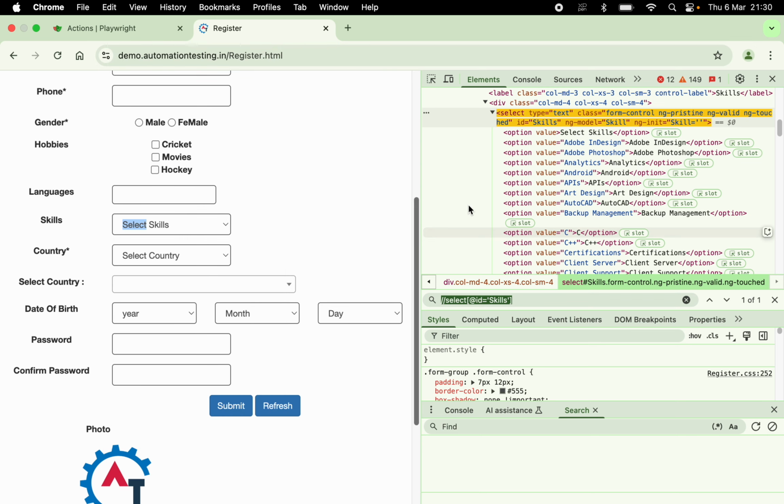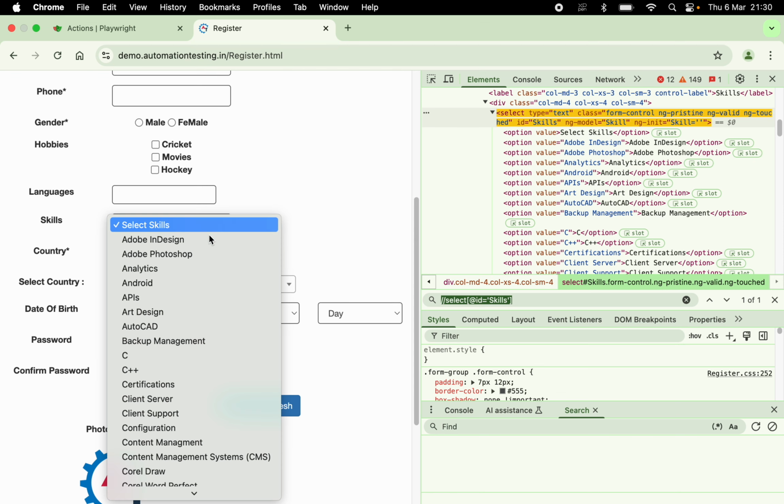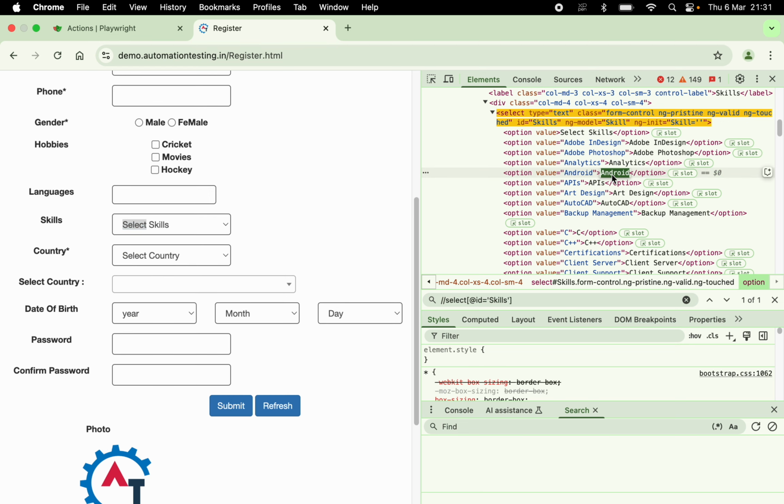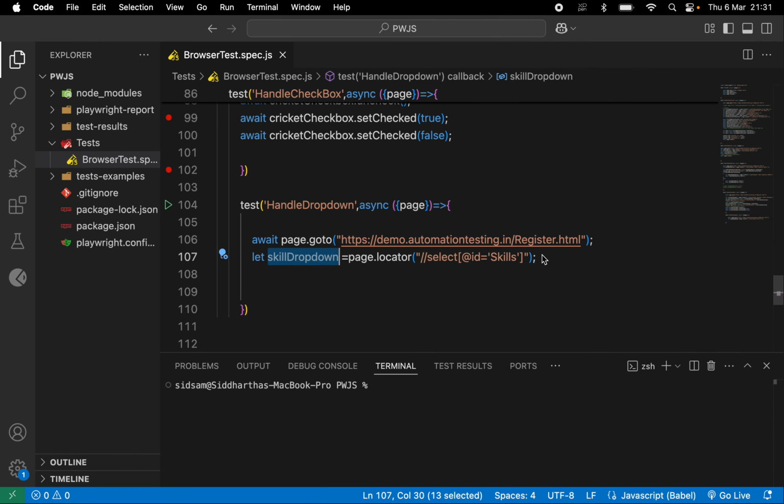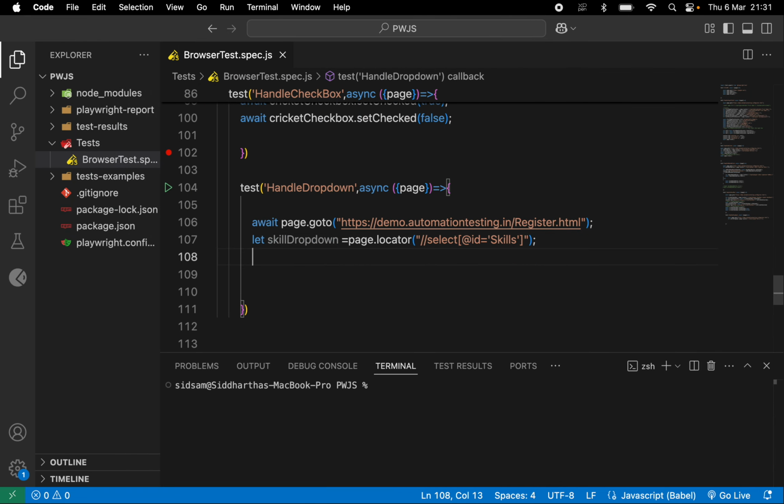So basically under this select tag, you can see there are different option tags. Option tags are nothing but the values which are present inside this drop down. So you can see one is select skills, then Adobe InDesign, Adobe Photoshop. These are the values which are present inside the option tag. So let me select one of the values. Let me select Android. So I will use this locator, await skills drop down dot